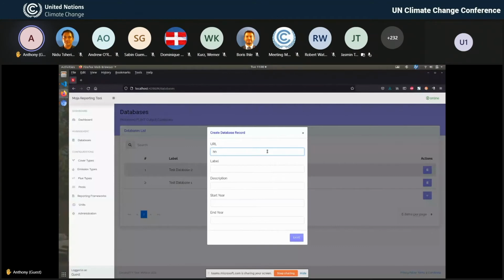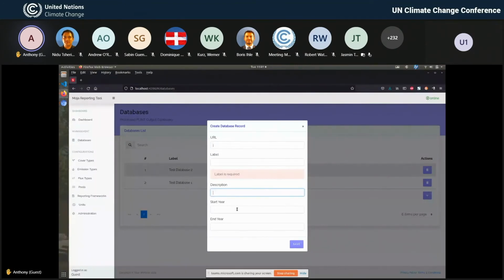You can name it the way you want, describe it the way you want, and say where the database starts and ends in terms of coverage. So you just point the reporting tool to a database that has been produced by the Flint. Here I have examples of two such databases: a test database 1 and a test database 2.